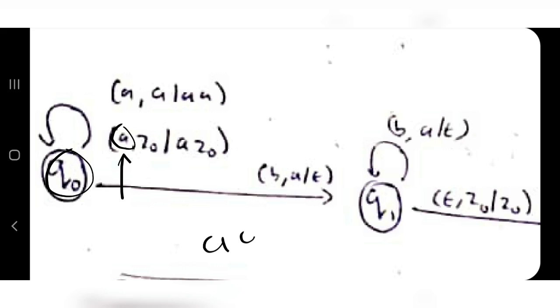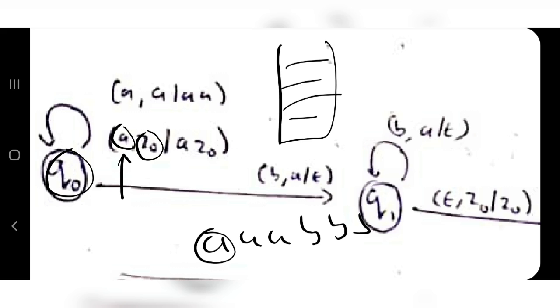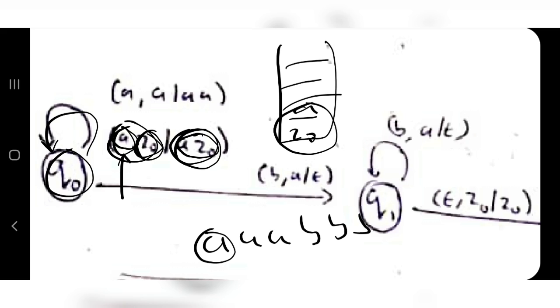Initially we have the string ab. So what is the first input? A. So I have written here a. z0 means it's the top of the stack. This is a stack, and initially z0 is at the top of the stack. So this is the input, the first character. The second character is the top of the stack. When we encounter an a input, we will be pushing that into the stack, and this is nothing but the top two elements of the stack, which is a z0. So I have written here a z0. If this is the case, I will stay in the first state only.